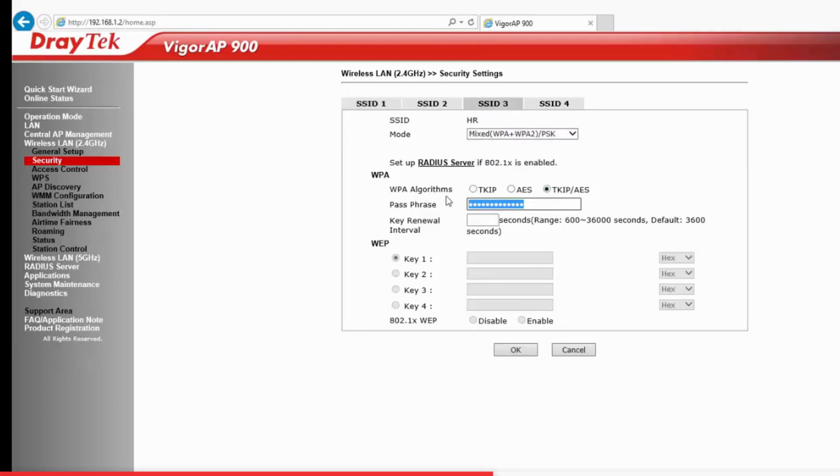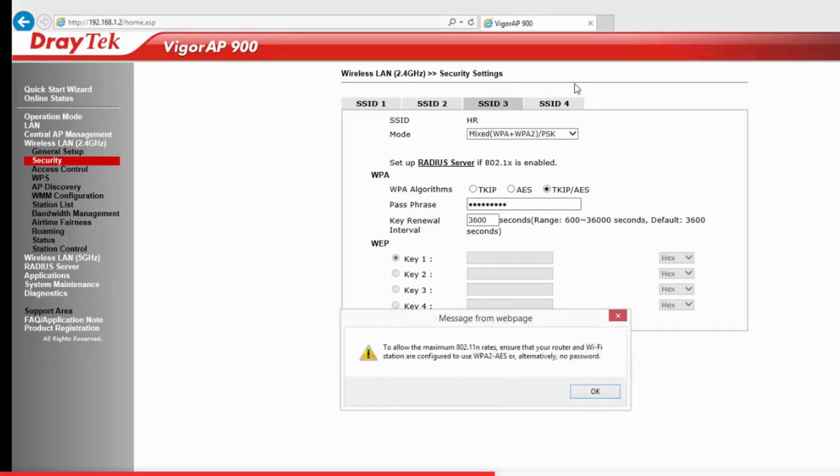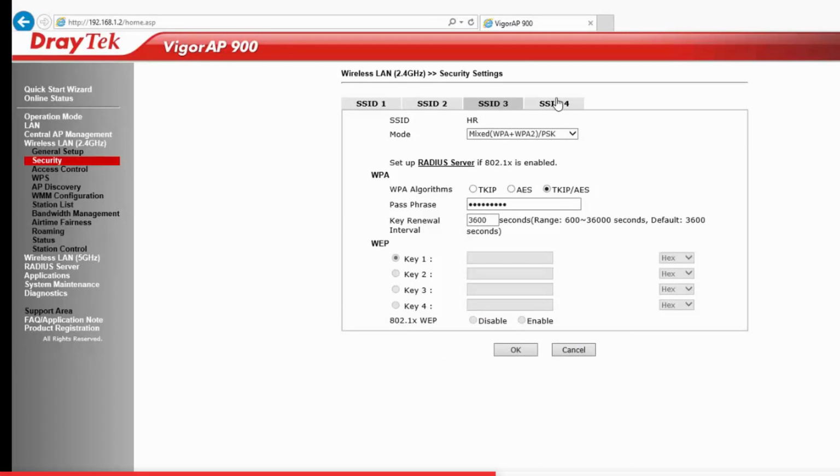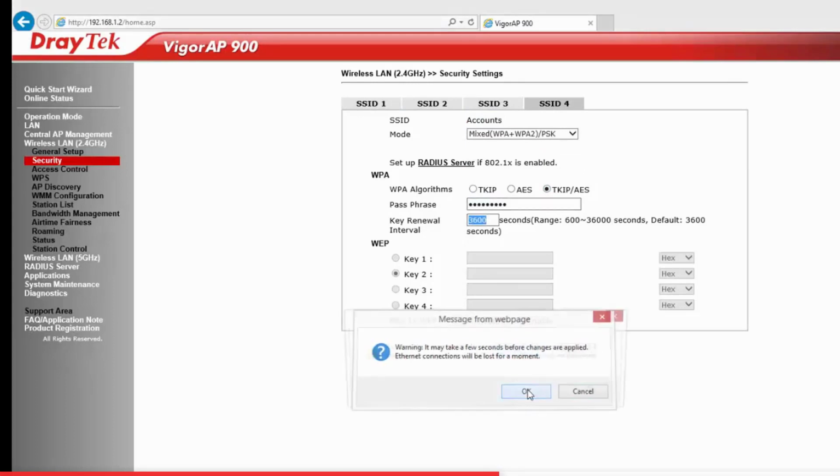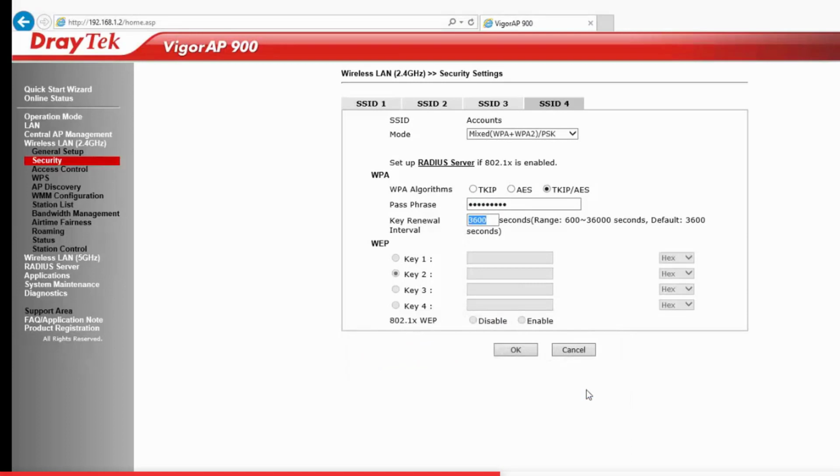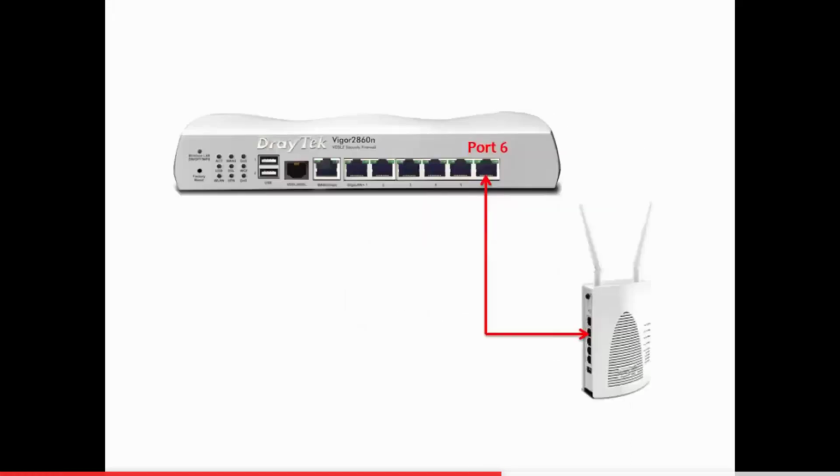Also set the key renewal interval to 3600 if not set. Both devices VIGA 2860 and EP900 are now configured. We will connect LAN port number 6 of 2860 to EP900 through a network cable.